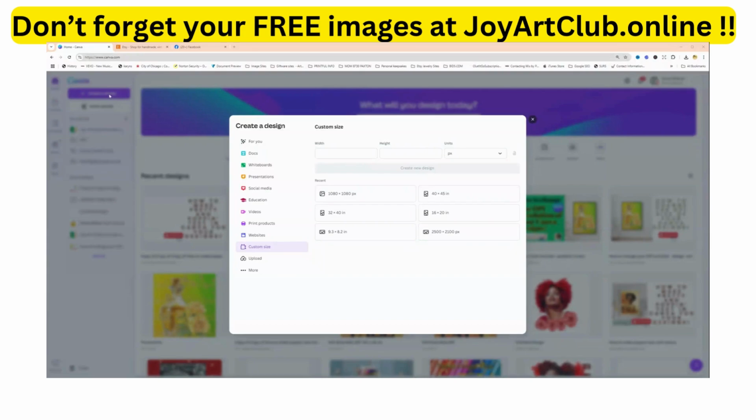I clicked on, as always, create a new design, which is right over here to the left. It's kind of grayed out, shadowed out a little bit because I've already clicked on it. So, when you do click on it, if 1080 by 1080 does not appear, then you would type it in here. These are pixels, not inches, pixels. And most social media posts, at least for Instagram, and they also work well for Facebook, the size is 1080